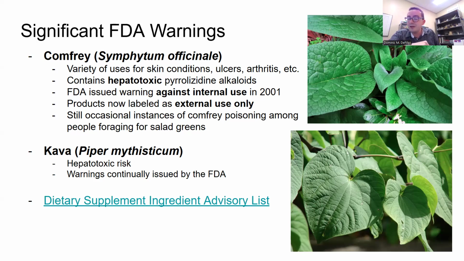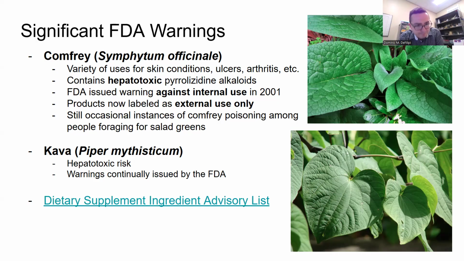It contains pyrrolizidine alkaloids, much like the groundsel does that I was mentioning. Comfrey, or Symphytum officinale, is used for a variety of skin conditions, ulcers, and arthritis. However, it was found it needed a warning against internal use in 2001. Now products are labeled as external use only due to that risk for hepatotoxicity. However, there are still occasional instances of comfrey poisoning among foraging, salad greens, because again, it looks like it could go in a salad, or indeed in dietary supplements, which unlawfully slip through the gaps and include comfrey,